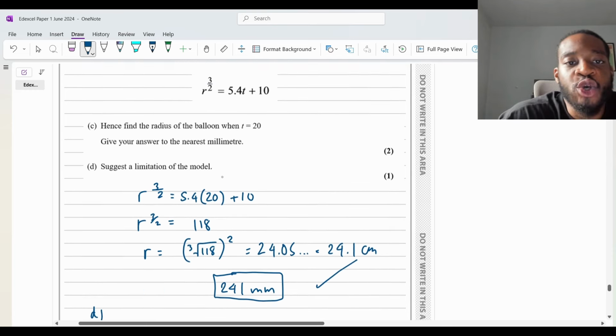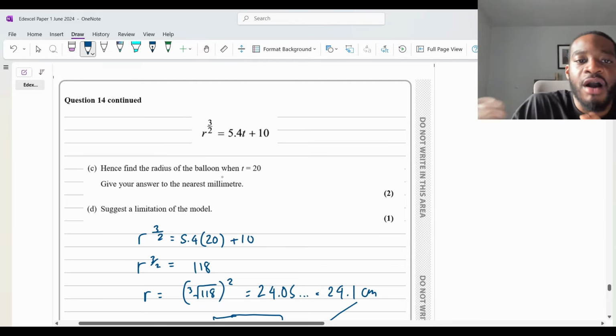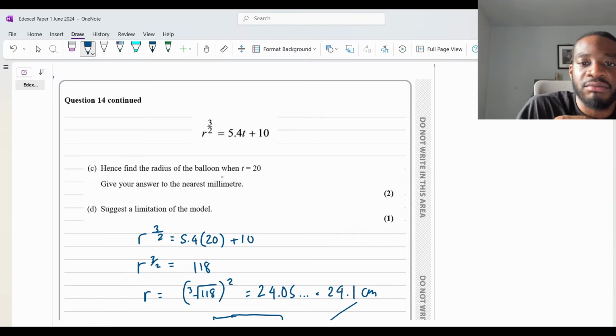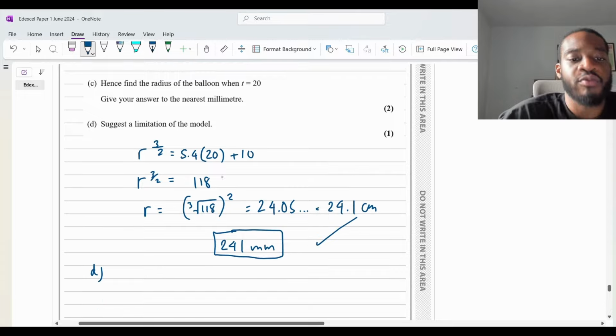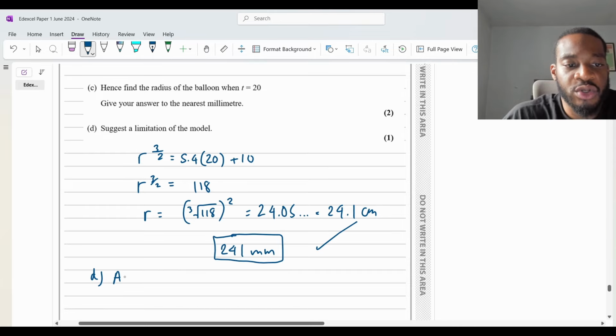But remember, this is a balloon. It's gonna pop eventually, right? The model doesn't account for any of that, right? It just says as t gets bigger, r is gonna get bigger, right? There's nothing about it changing or stopping at one point, which we know will happen in real life. So the problem is that the model, according to the model,